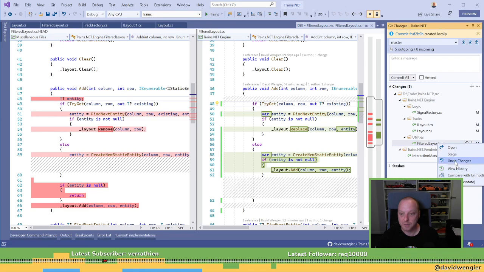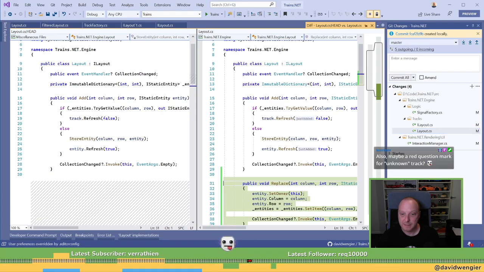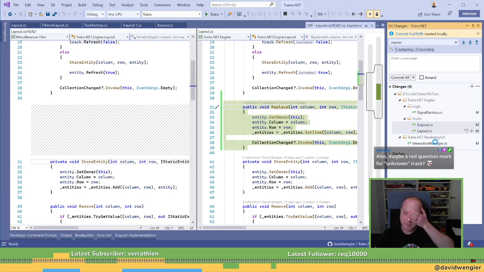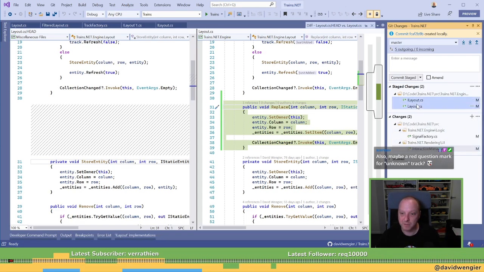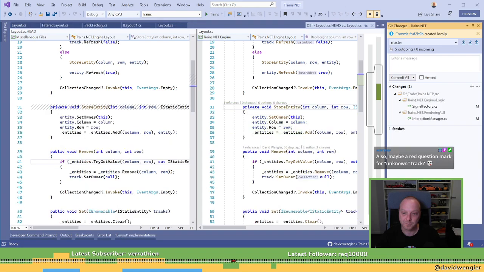Yep. Undo that, sucker. Red question mark for unknown track. That's not a bad idea. I think I've posited that theory before, or read something like it.